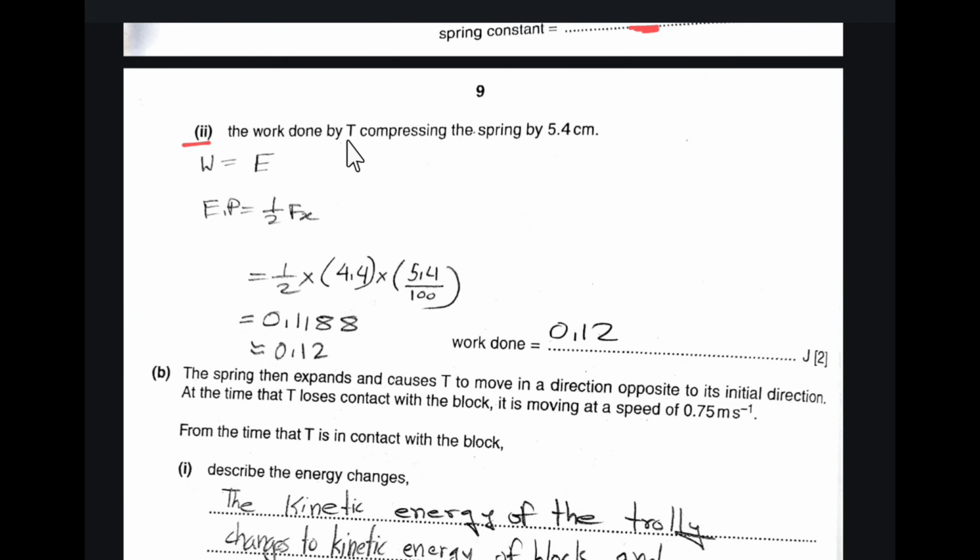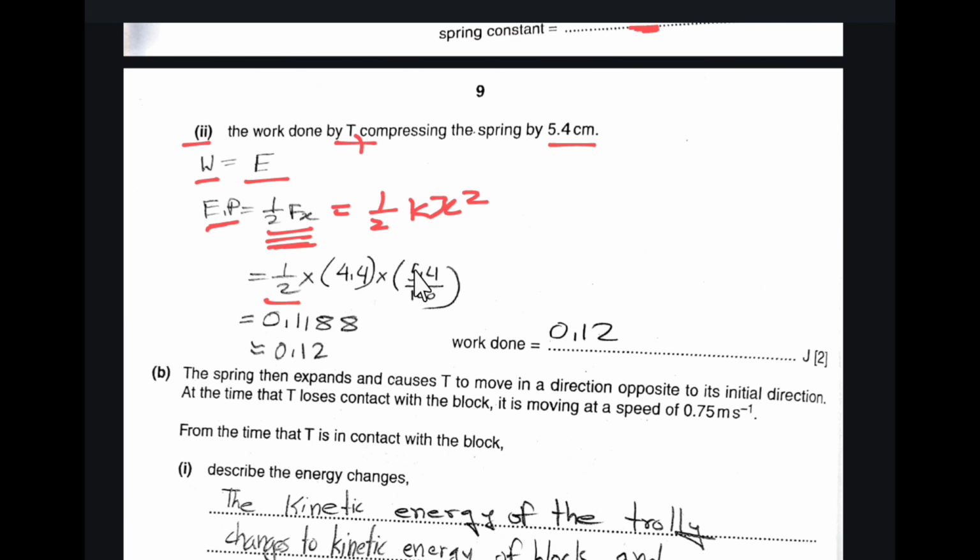In part B, the work done by T compressing the spring by 5.4 centimeter. We know that the total work done is equal to the total energy conversion, and the kinetic energy of T is converted into elastic potential energy. The expression for the elastic potential energy is half Fx or half kx squared. So by using half Fx,